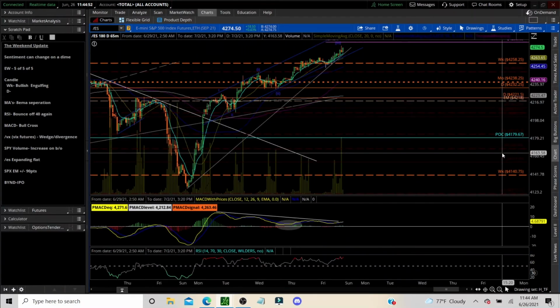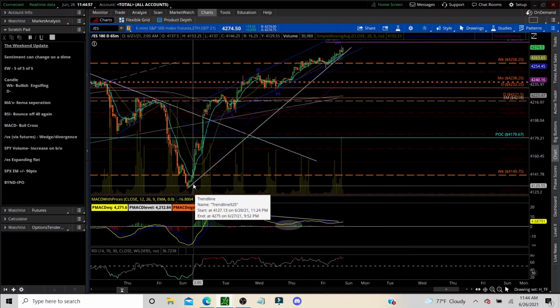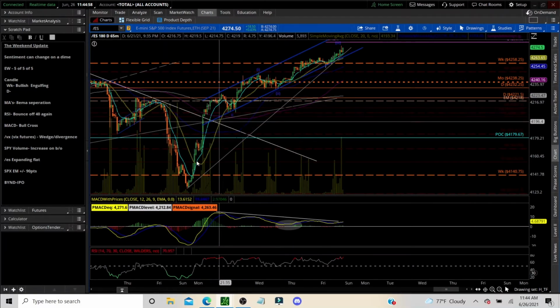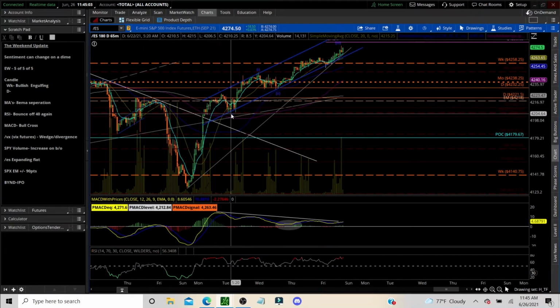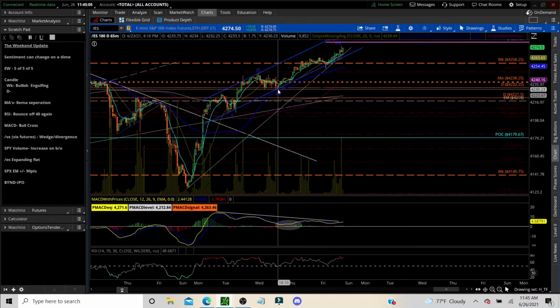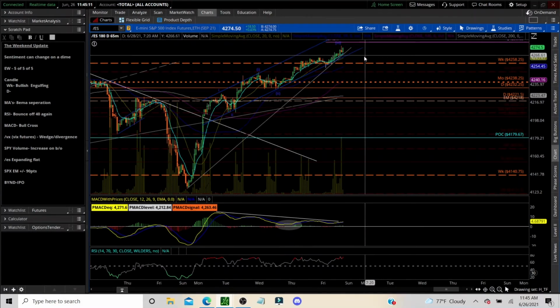Okay, so what do we see now? We're actually working our way in this channel. I'm kind of looking at this as a 1-2. I do believe we had a 5-wave move in here. So that's a 1, possible 2, and then a 1-2. And we're working on a minute wave 3, so we have some room to go. It's kind of fitting our scenario.